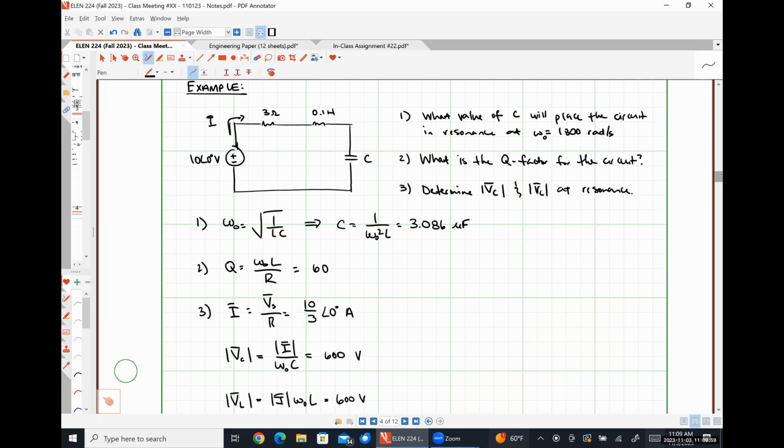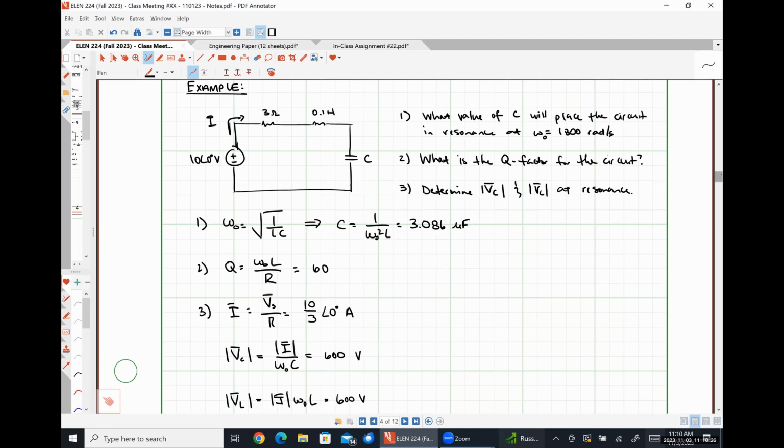We did not look at the phase angle at all. What we would actually see if we were looking at the phase angle would be that these two voltages are 180 degrees out of phase. So while the capacitor does experience a very large voltage and the inductor does experience a very large voltage, they happen to cancel each other out, which of course makes sense because the impedances of those two things cancel each other out.